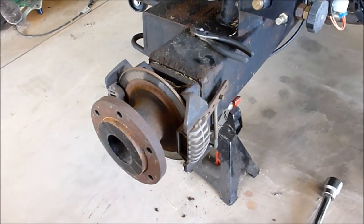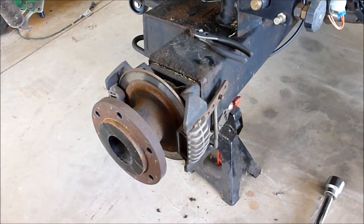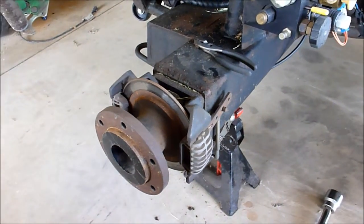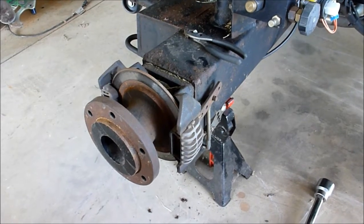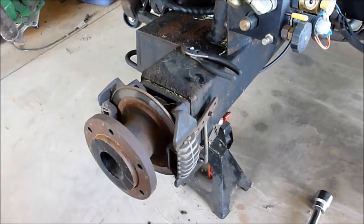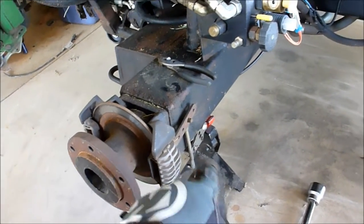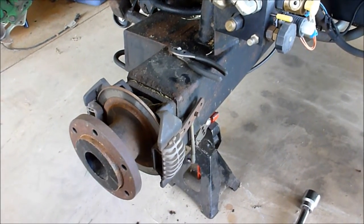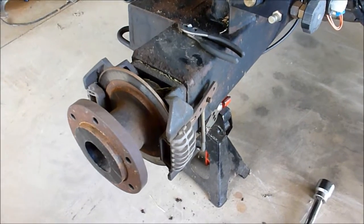Alright, so after a little bit of a hiatus and a couple trips back to the 3215, I got the parts in. I'll show those here in a little bit. So this is the motor right here that I have to take off, and the line runs around back like I showed you in the previous video. But the first thing I have to do, I didn't realize that this thing had this, I have to take